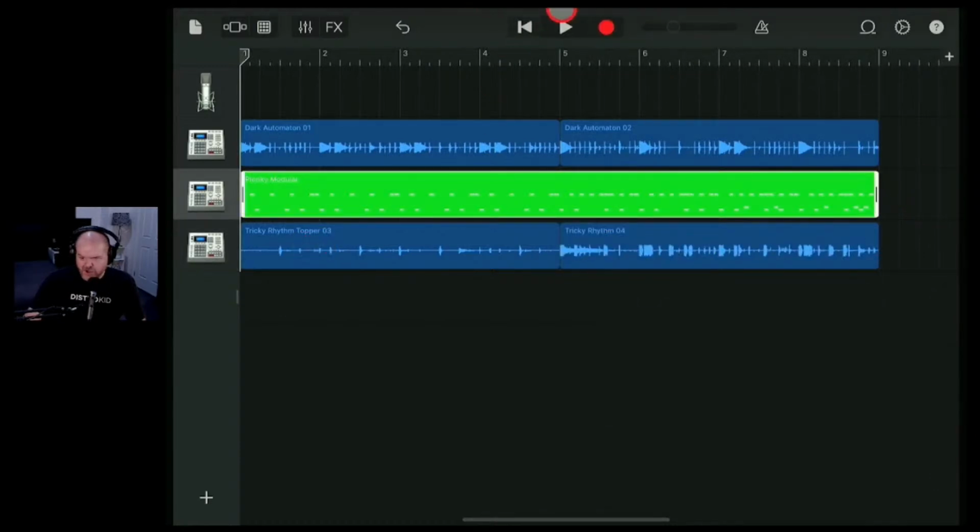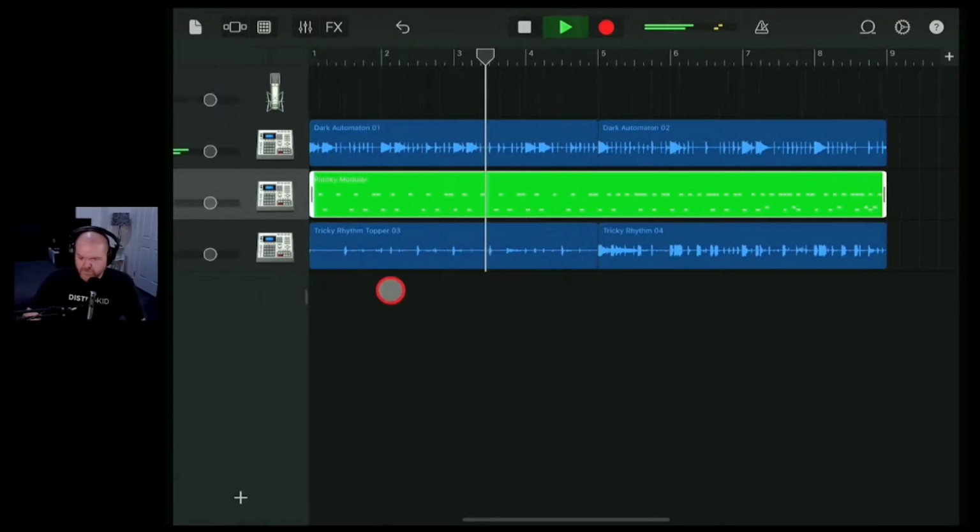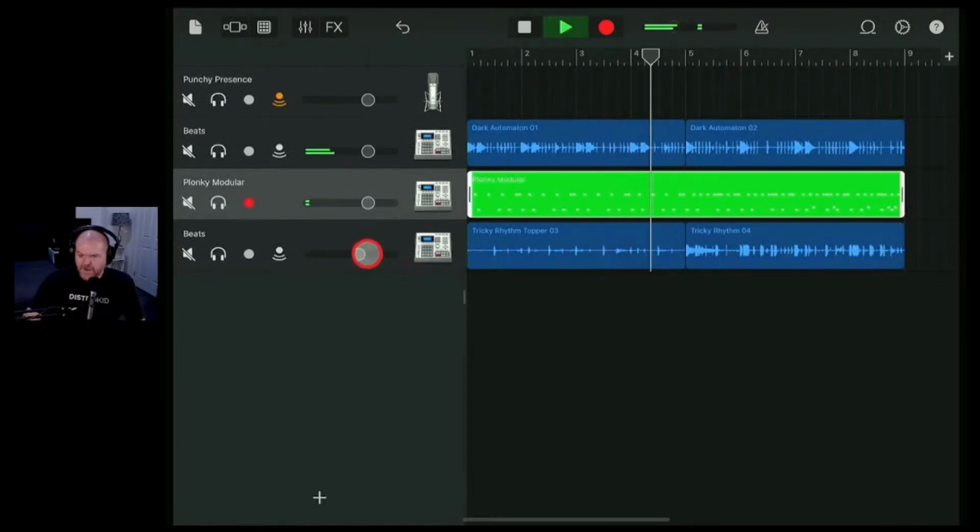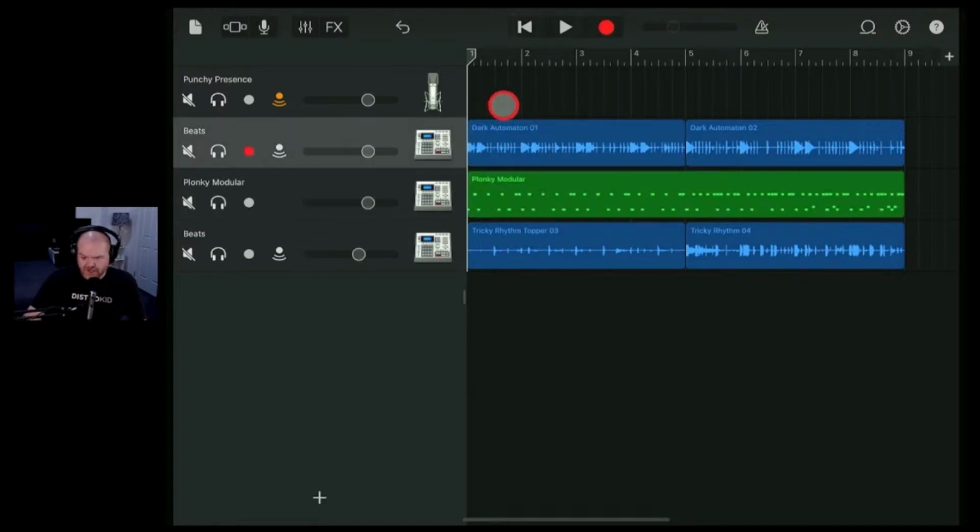So now we've got these toppers on the top here. That's kind of cool. So yeah, there's a lot of ways to make some really complex and interesting syncopated rhythms